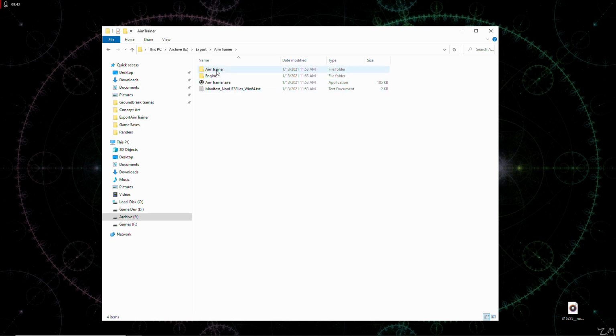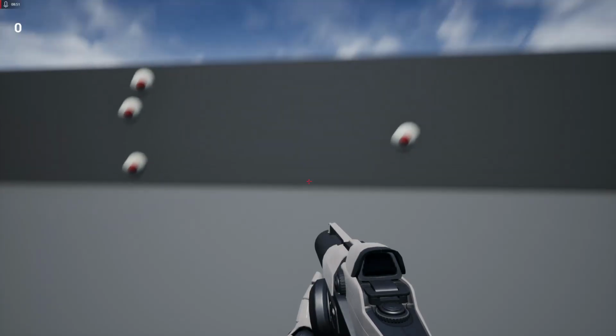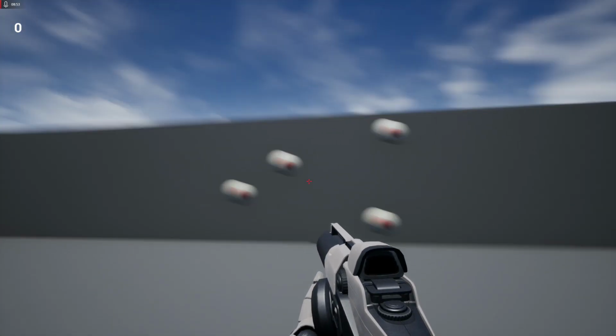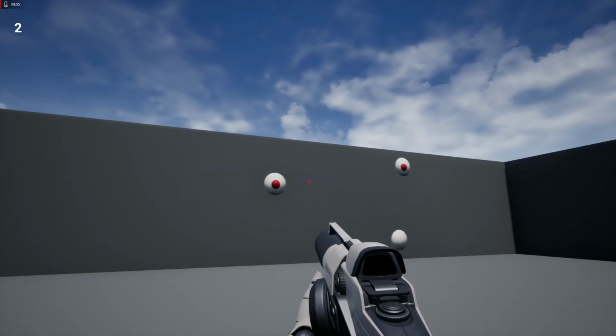If you open this up, all of your files for the game are in here, and your exe file is here as well. So if we run this in standalone, you can see we've created our first exported project,